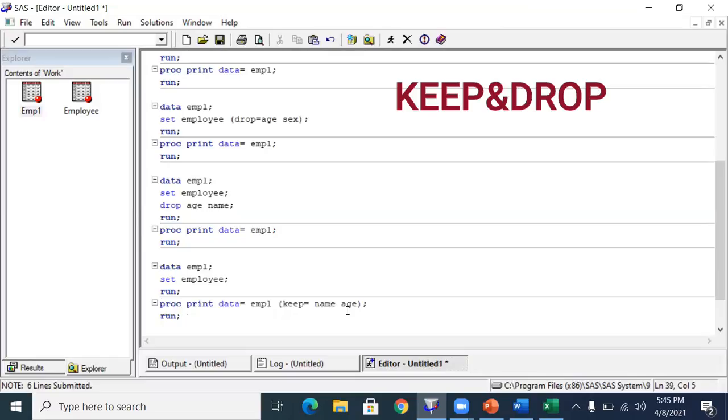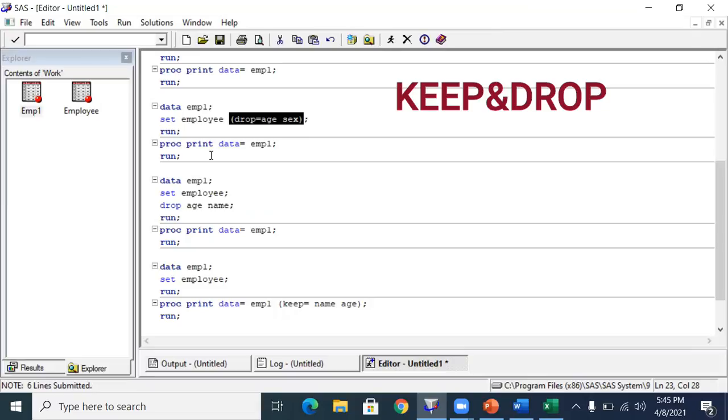So what did you understand from here? Whatever activity you do in the data step, and whatever you do in the procedure step, it will take only that. While printing the data, it takes from EMP1, because while generating EMP1 itself, you did not drop the variables.